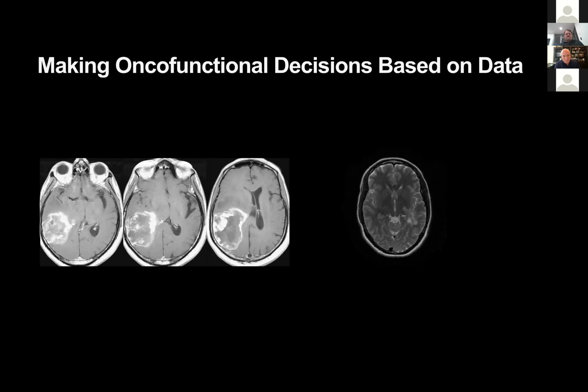And so what we're always trying to do is not define whether it's good to do 100%, because obviously it's always good to do that if possible, or zero. What we're trying to do is make a good decision. And I think the other thing we have to think about is, while it's great to talk about functional preservation, this is not the same goal for these two patients on the screen. It's hard to argue that if I decided that I didn't want to cut any white matter pathways or put them at any risk, just removing the necrosis, leaving all the enhancement, which is the safest thing to do, we all know that,